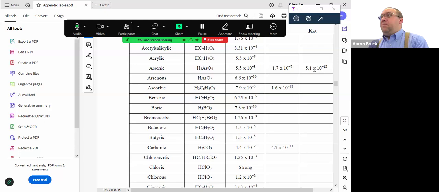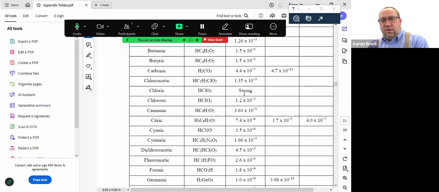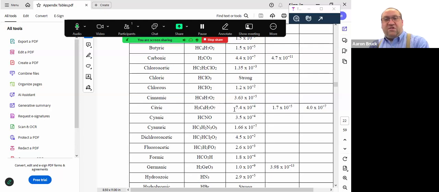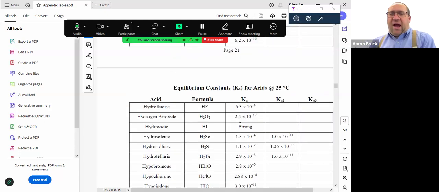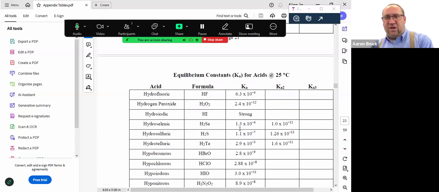HAsO4 negative 2 would be basic under those guidelines. For citric acid, under those guidelines, all three of the forms are acidic. And so we can use that as, again, just a guideline here to put us in the right direction. And on the base side,